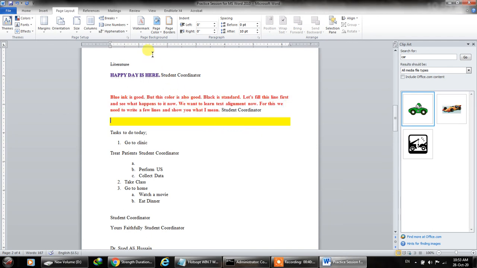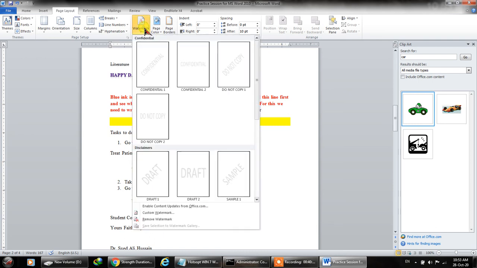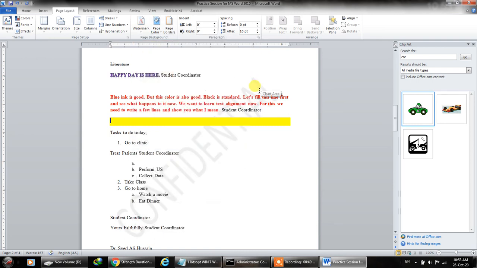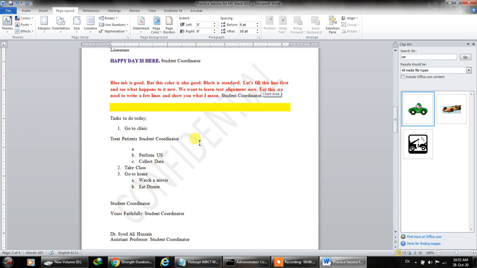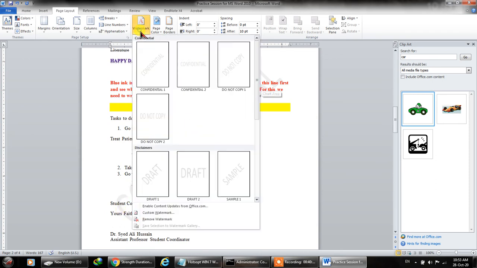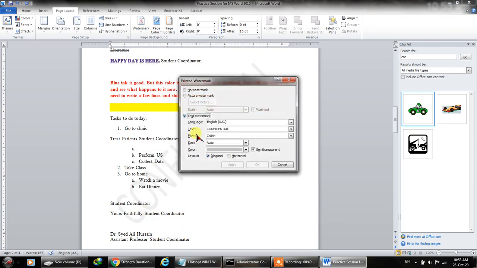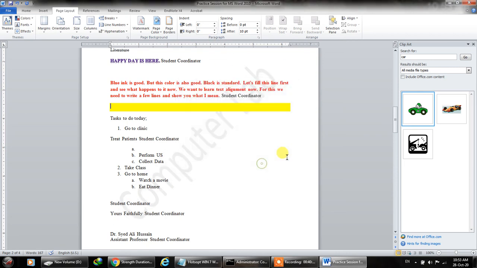You can also add your watermark. For example, the document is confidential, and now you can see over here you can edit that watermark. Let's say instead of confidential we call it computer lab. Now over there, this is the watermark.